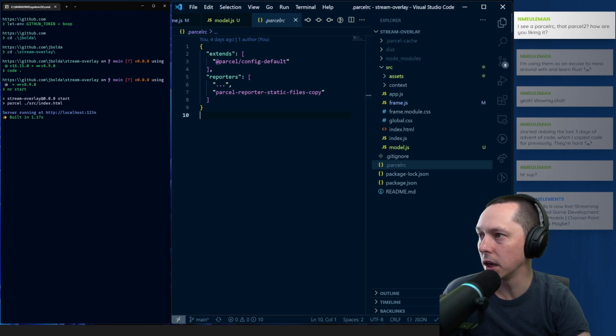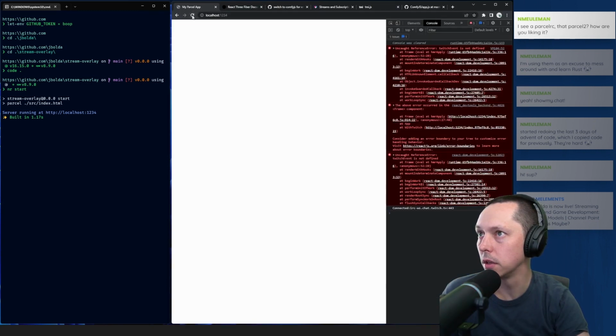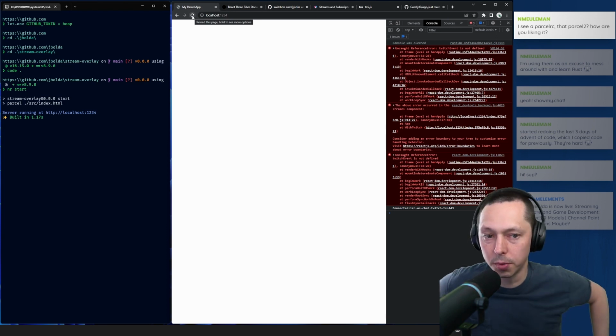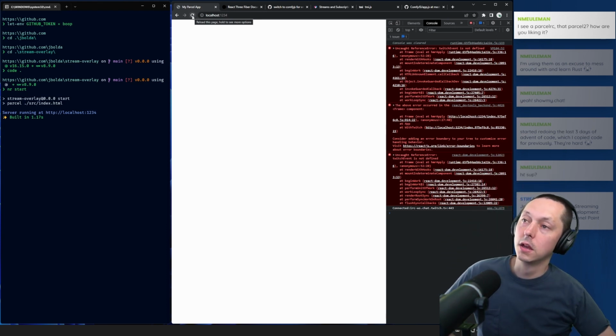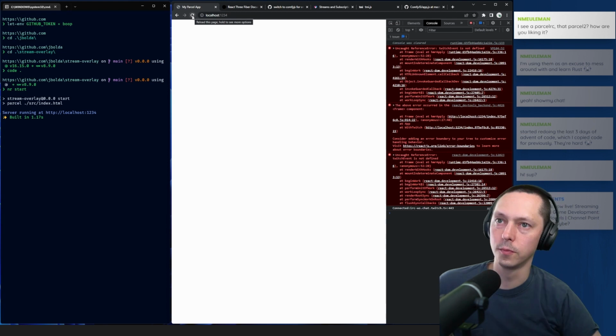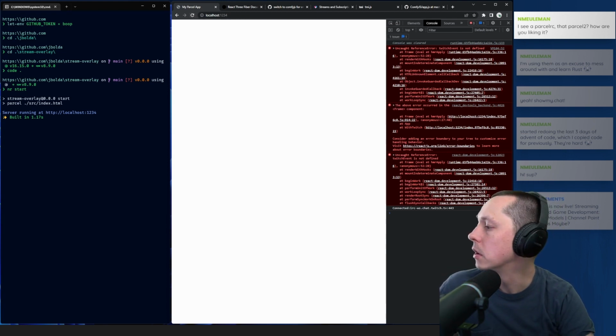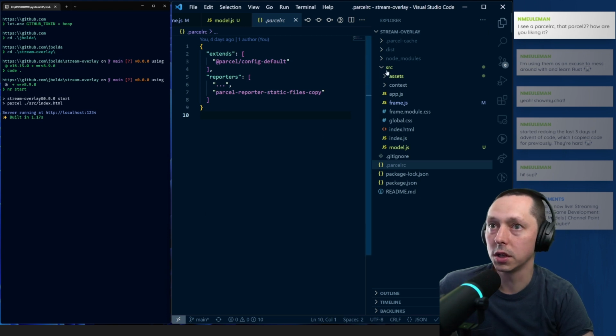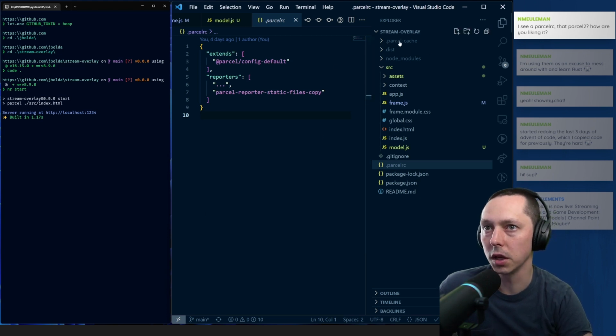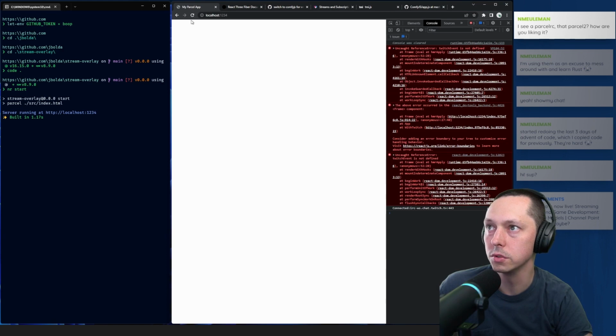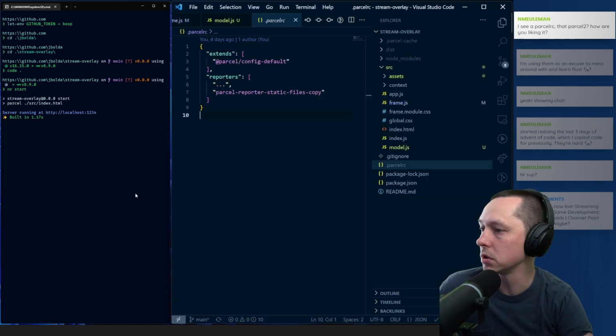But I think that has been, I've used Parcel in a bunch of projects, and I like it. But particularly on this project, the cache has really been frustrating to work with because it has hot reloading. So I don't know if it's something in the Parcel cache or if it's in the browser that it's doing that, or what the deal is.